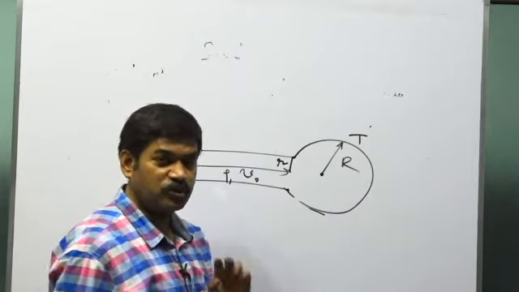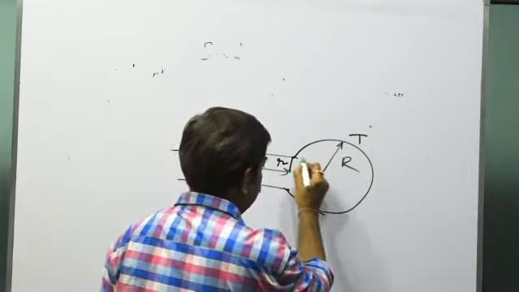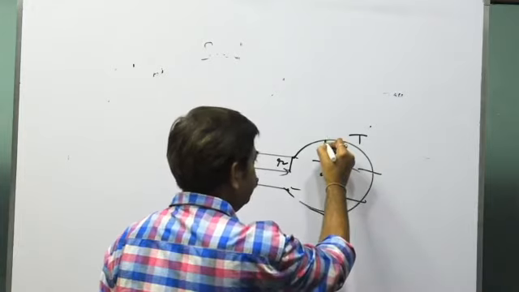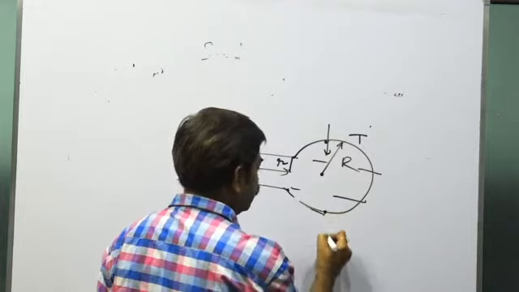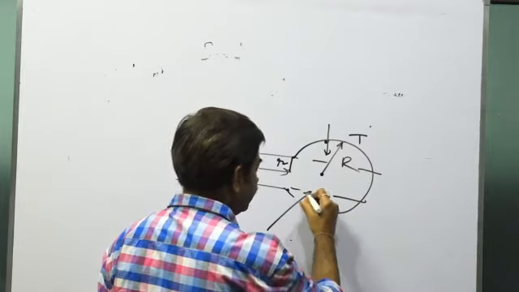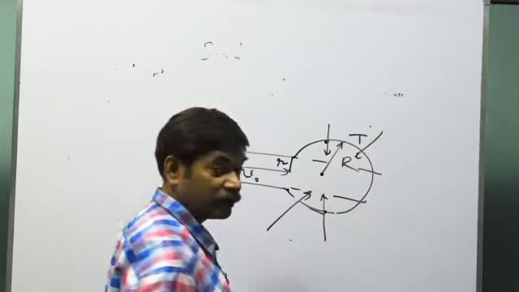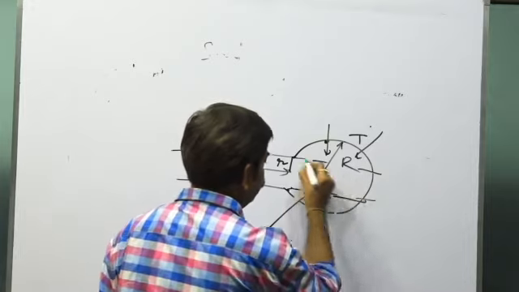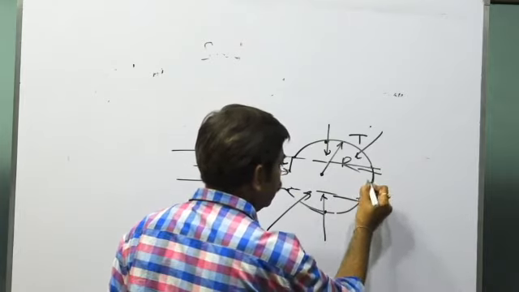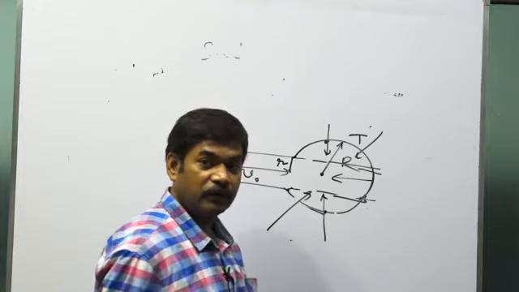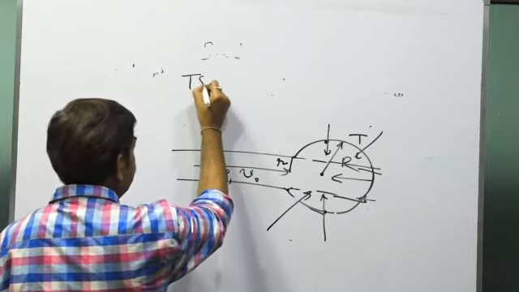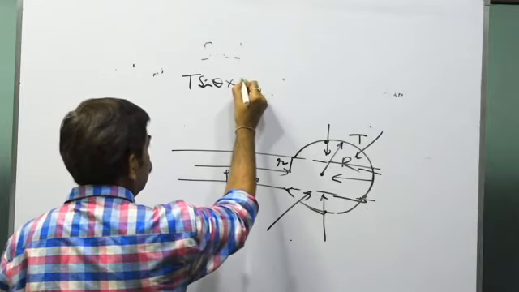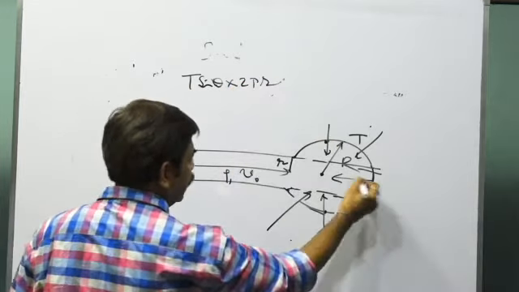So see, the question was based upon the same concept. You see, the force generated here in the inward direction will be balanced by the force generated here. But look at this, the force generated from this part will be in the inward direction. And how much will be the force? As we calculated in that case, T sine theta into 2 pi r, that will be the force in the inward direction.